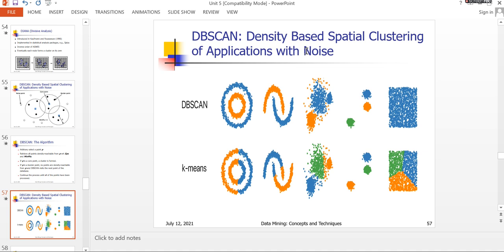Then we will compare the dbScan algorithm with the k-means algorithm. Here you can observe that in k-means, the data can be divided into just two parts, first part and second part, upper or lower, left or right, like this only. But dbScan has the main advantage. The data can be divided like this: orange color is one cluster, blue color is one cluster. So a nested cluster, one cluster within another cluster, we can also divide clearly using the density based scanning method. So that is the dbScan method.